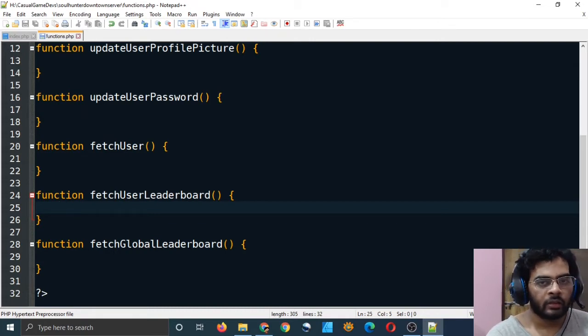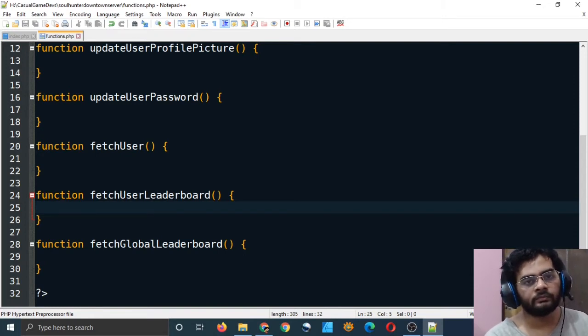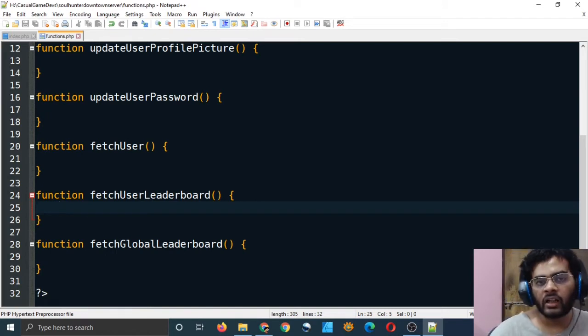In the game we will only be showing the user their points and two people above them, two people below them, right? And we will also be showing them the top 5 players in the world. That's it. We will not be showing them a whole list of players in descending order of their points. That will consume a lot of memory and it will be very hard to develop. That's why I have two of them.